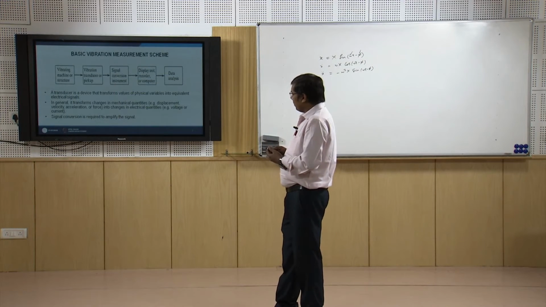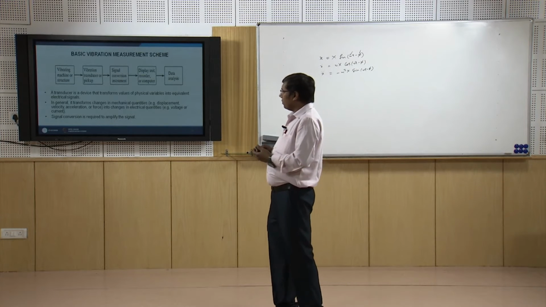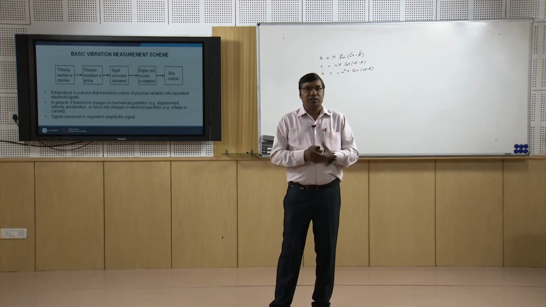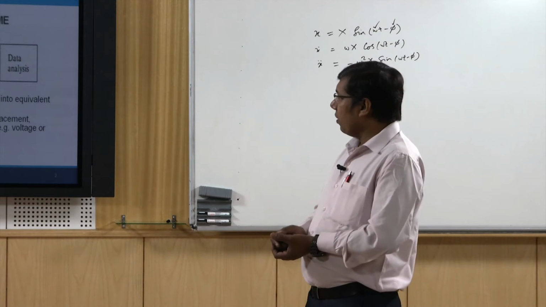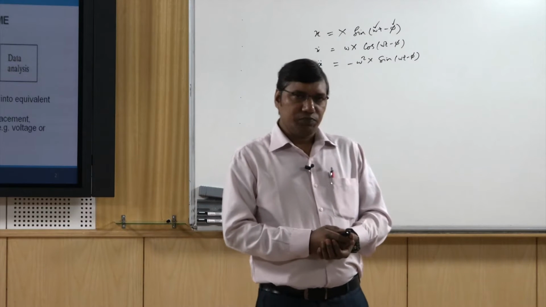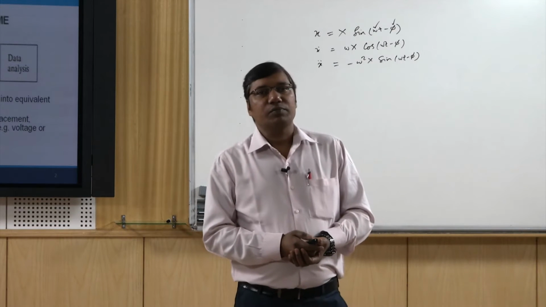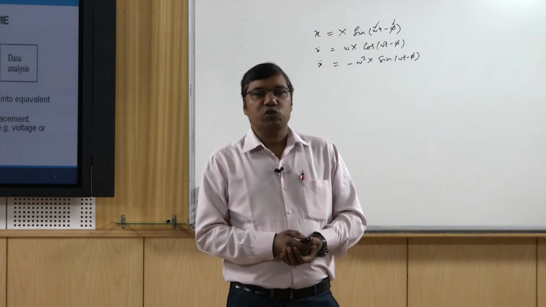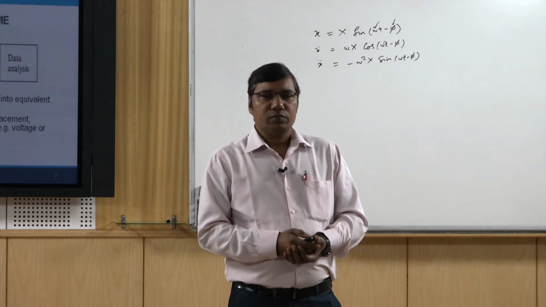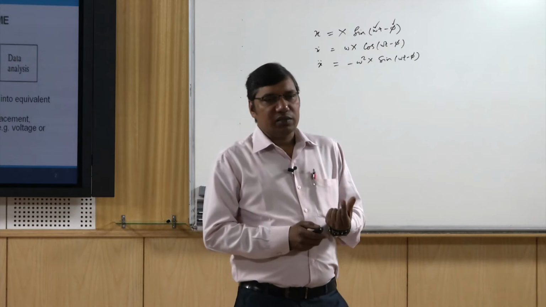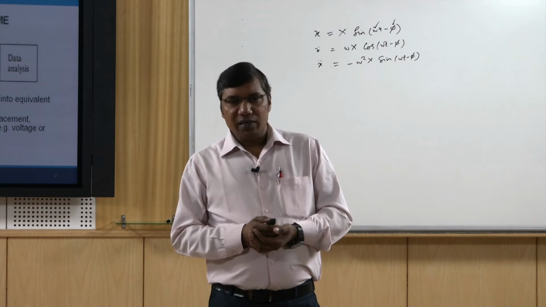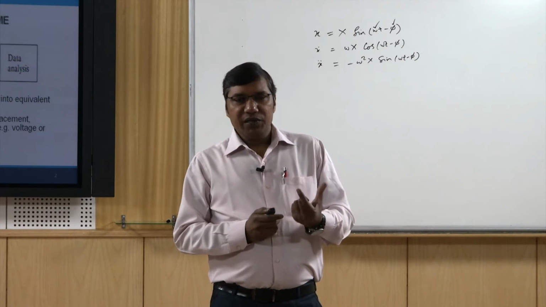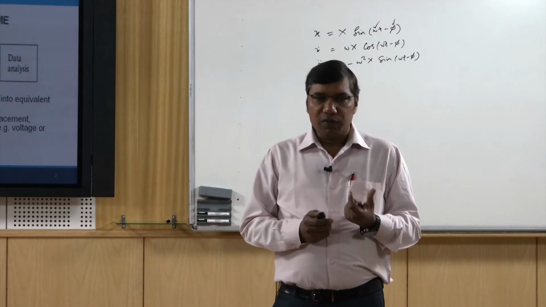So here we have a vibration transducer, and it gives us some electrical signal. When we get the electrical signal, we have to apply some amplifier or signal conversion instrument. Why do we need the signal conversion instrument? Because the change in the electrical signal is very small, and it is not very strong